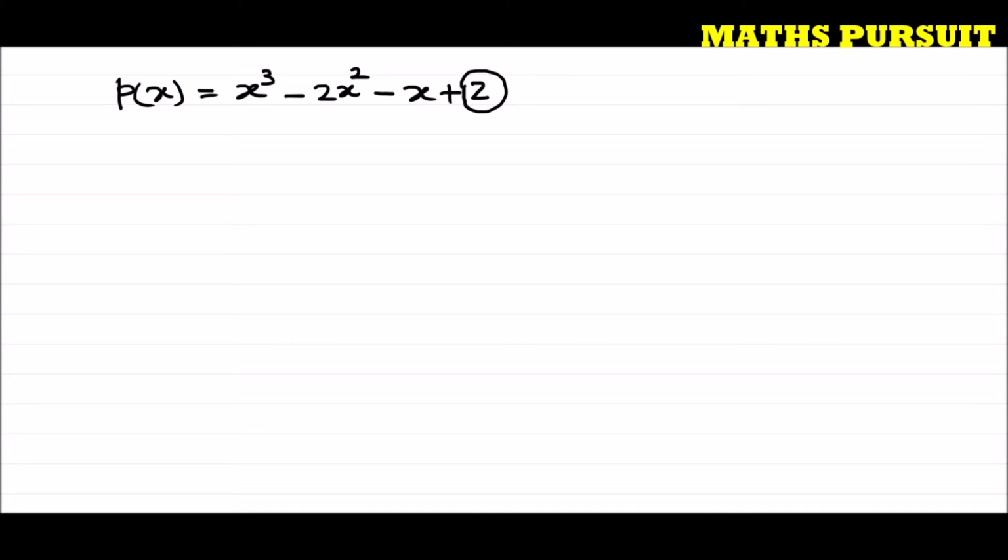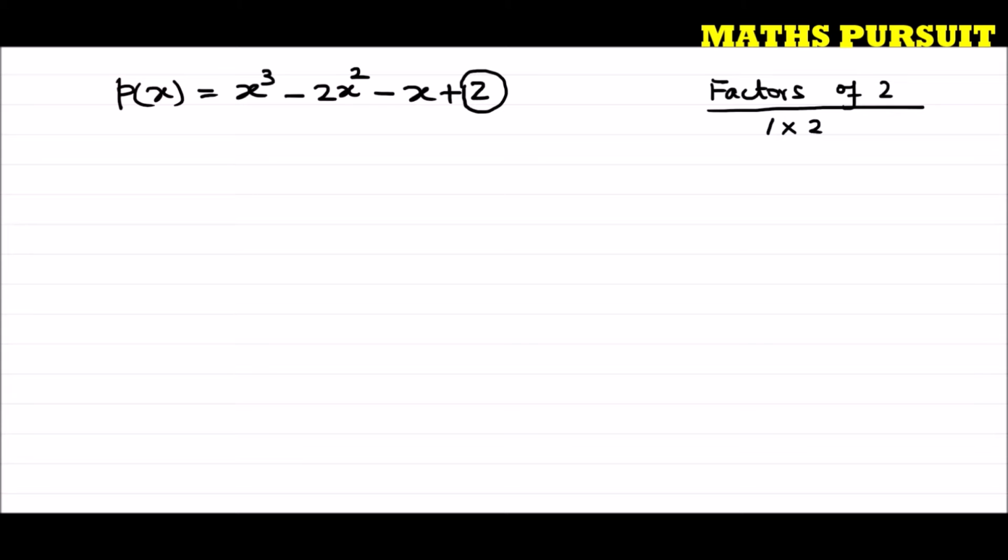We need to first of all find the factors of this constant term. So what are the factors of this constant term? Factors of 2. Factors of 2 can be